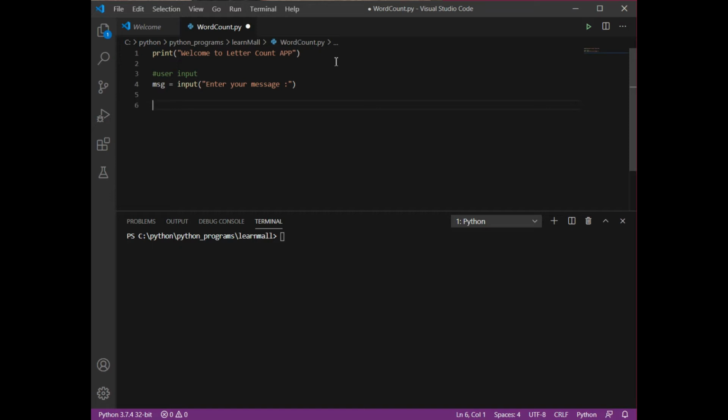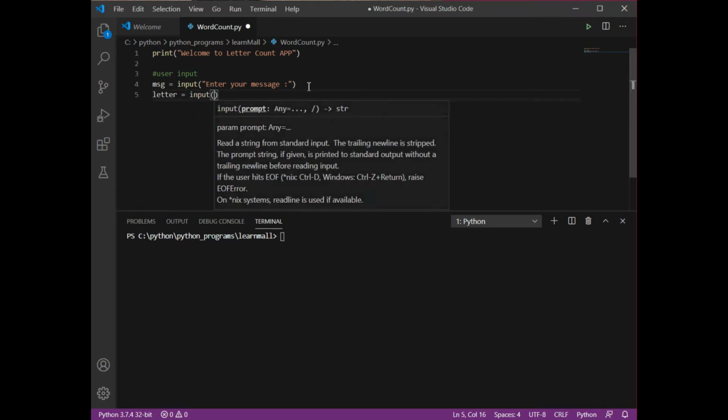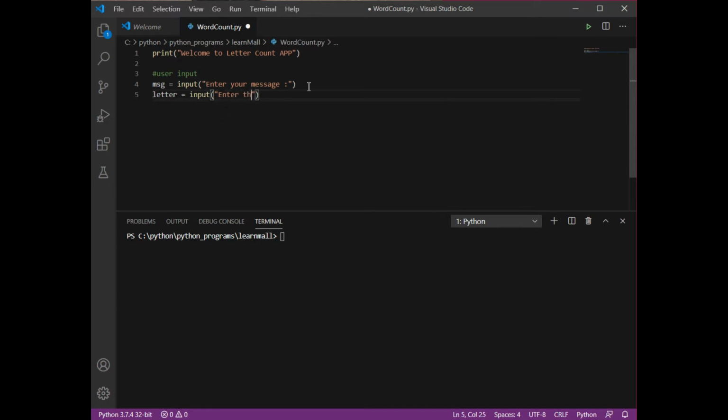So for that we again need to ask the user to enter a letter, or we can say one specific alphabet, is equal to, and we ask the user: enter the letter whose occurrence you want to calculate. So here the user is going to enter one specific letter.